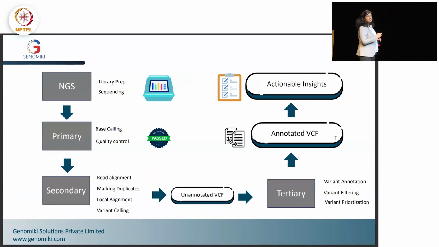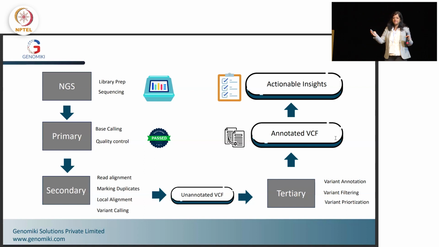So the first is called NGS. NGS stands for next generation sequencing. It's just a simple process where an experiment is done to get high throughput data from either your blood or your tissue. And when you do that, there are 3 levels of analysis, which include a primary analysis, a secondary analysis, and a tertiary analysis. After the tertiary analysis, what you get is a list of mutations that a person may have,